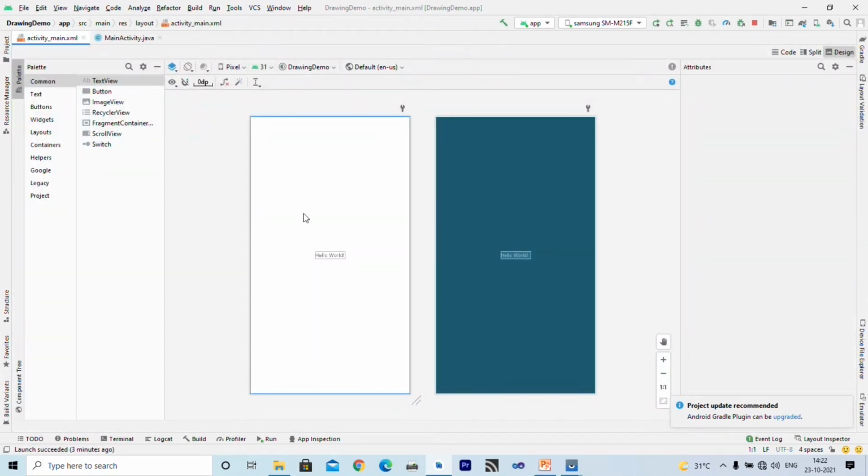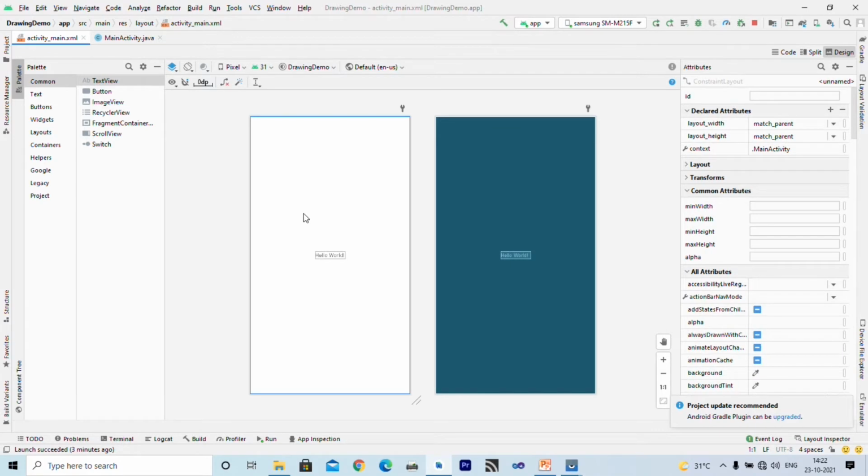Here you can see there is nothing. This XML file is created by default, but now we want to create the XML file programmatically or dynamically, and we want to use that as the content view. So we are not going to use this activity_main.xml file at all.